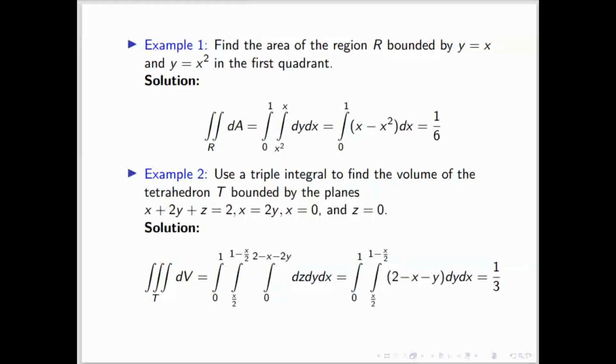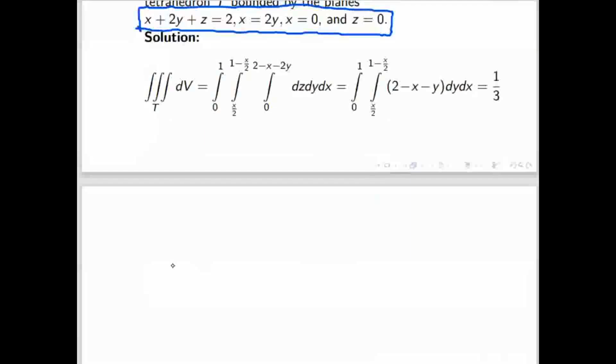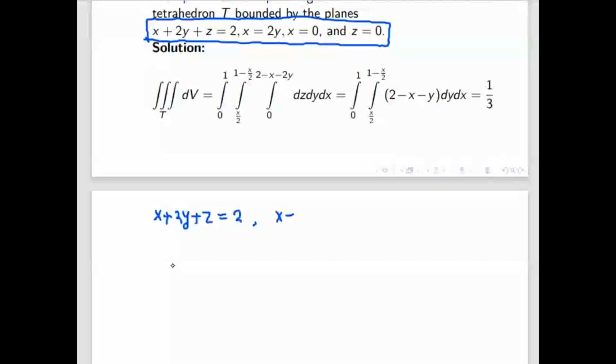So instead of this problem, first I will do this problem, area bounded by, then later I will come to this x equal to 0 plane, y equal to 0 and z equal to 0. First we'll see what is the volume bounded by these 4 planes. After that I will replace this y equal to 0 by x equal to 2y, and then we will get this problem.